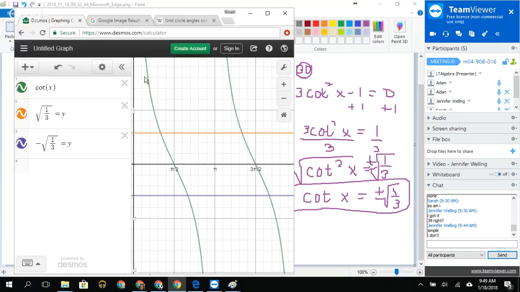Here is my cotangent curve in green. The values where my equation equals the positive square root of 1/3 are at pi over 3 and 4 pi over 3. And where it equals the negative square root of 1/3 is 2 pi over 3 and 5 pi over 3. Okay, so my solutions would be